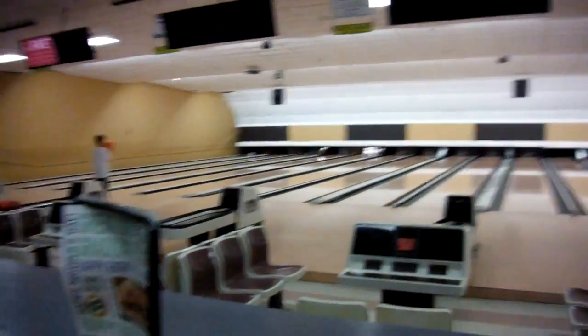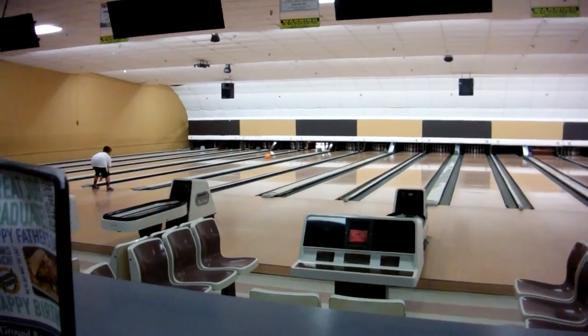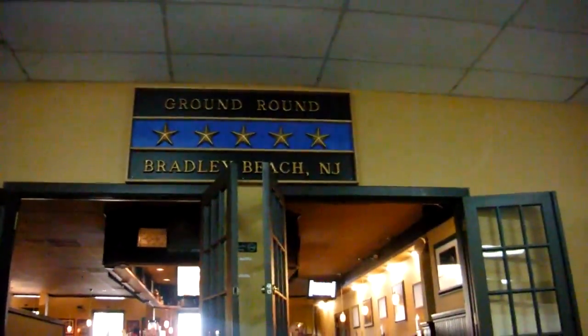We're here at Bradley Beach Bowling Alley, and this bowling alley is unique because it has a Ground Round, if you remember from the 80s, and that was a big restaurant. So while I'm waiting for my burger, we're going to look at this book that I bought, West Jersey Rails,